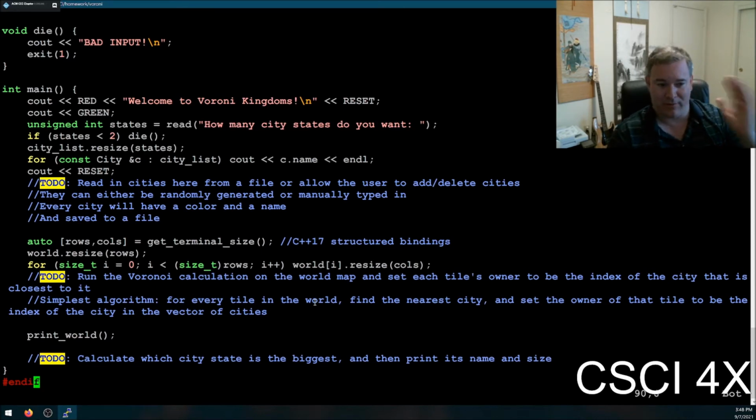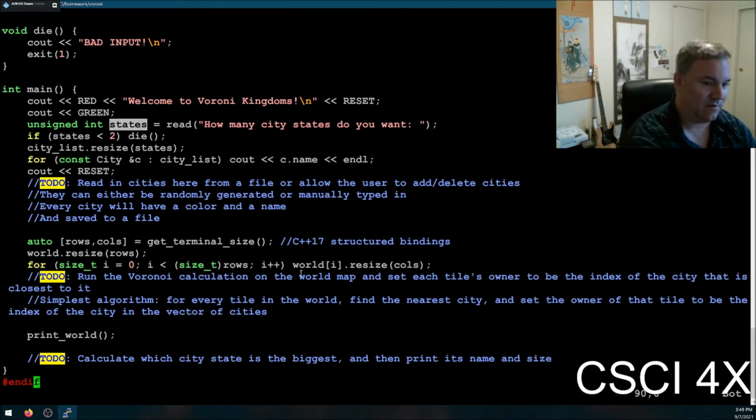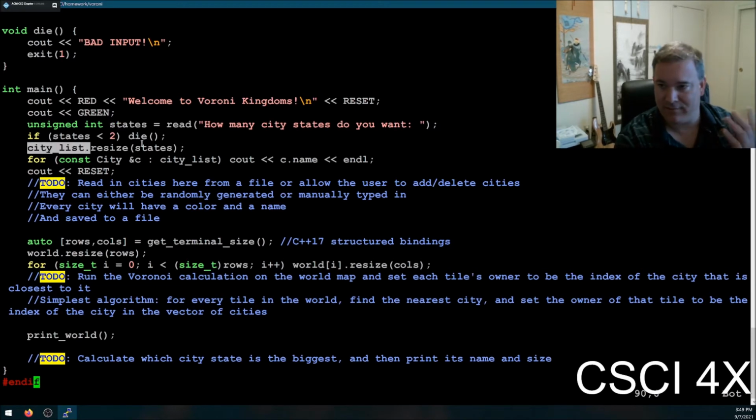For every row, for every column, this is how many rows there are. This is how many columns there are. This is how many cities there are. For every row, for every column, for every city, find the city that's closest. And once you find the city that's closest, set the owner of that tile to be the index of that city. So we have a city list that holds, let's say, 15 cities in it. So if city number 12 is the closest, then